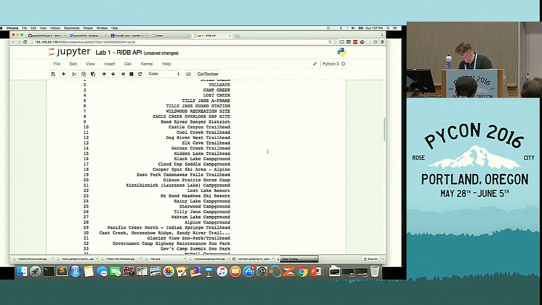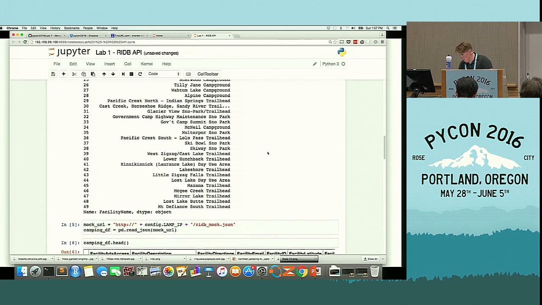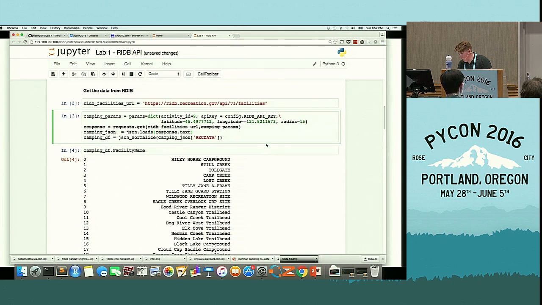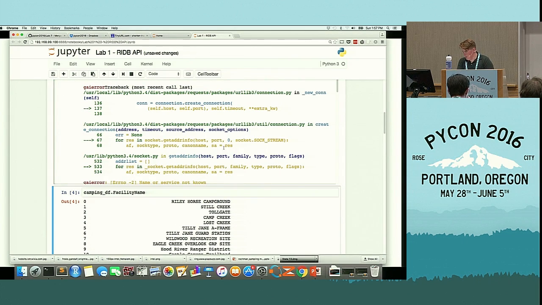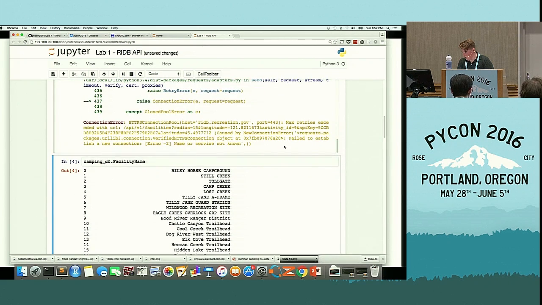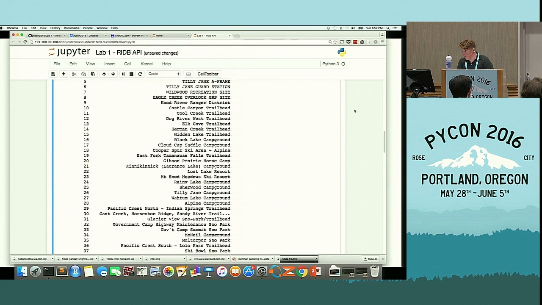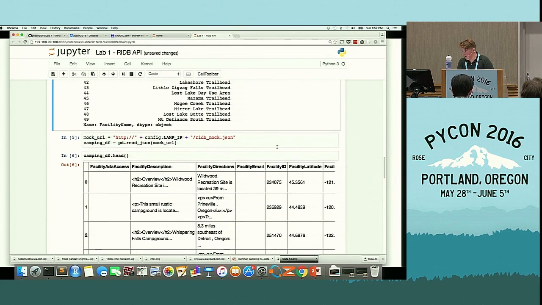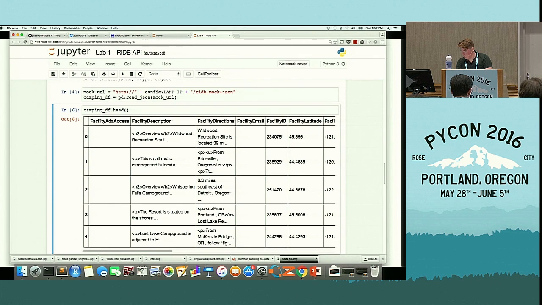That does not look like what I expected it to. So this would be if we were using the live version of the API here. So I'm going to try and connect and see what happens. It says no. So the live connection is not going to let me go out. Okay, that's fine, because we're using the canned version. This is the canned version, where we're using a local URL that's running on the LAMP container. So we got our camping, and so here is our camping data frame that we got back